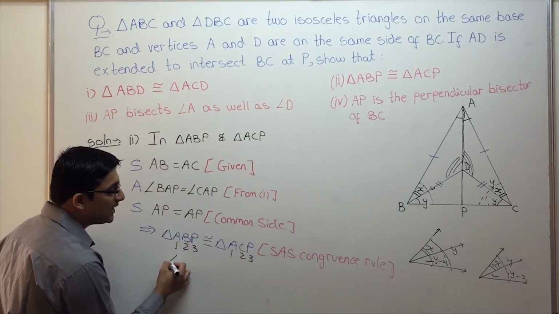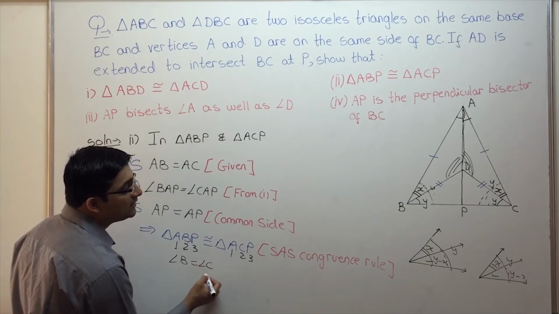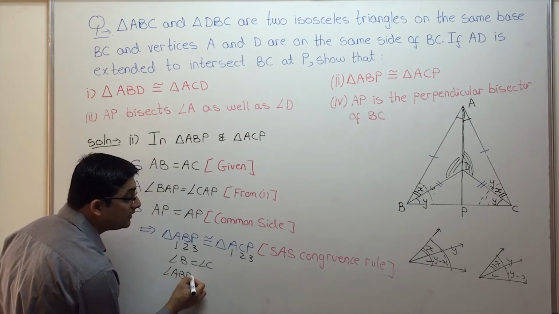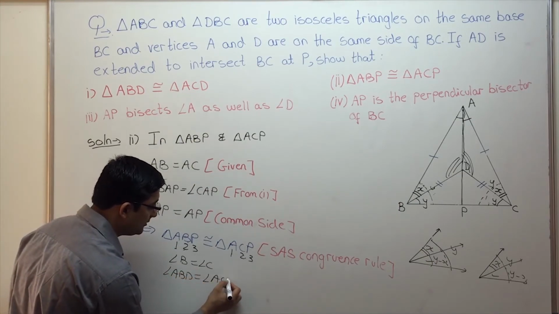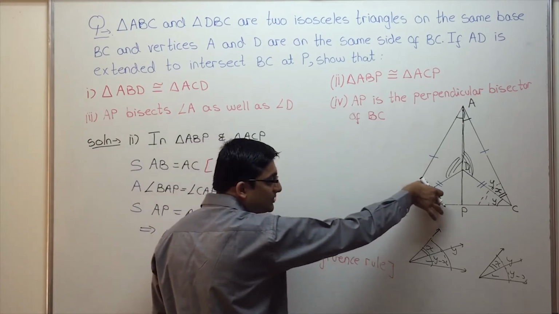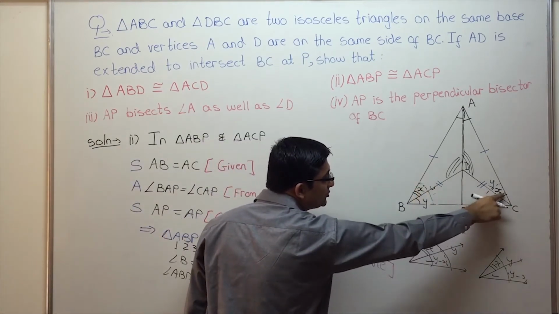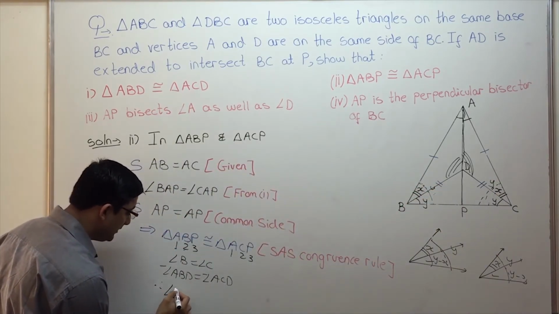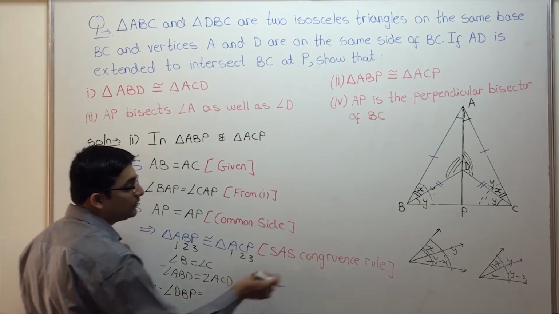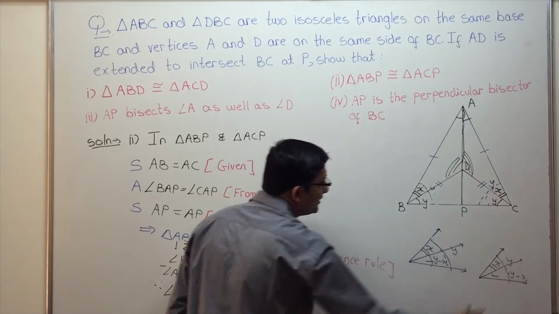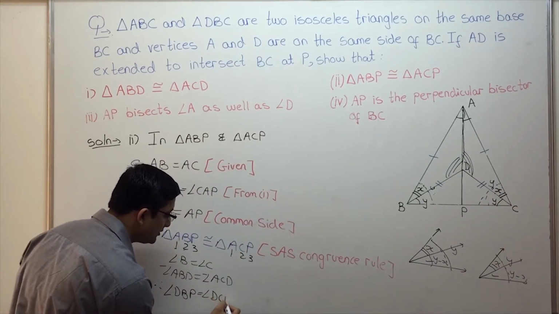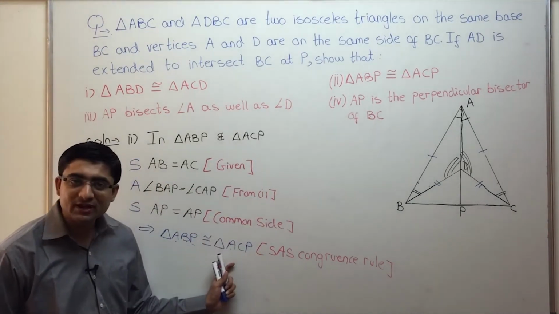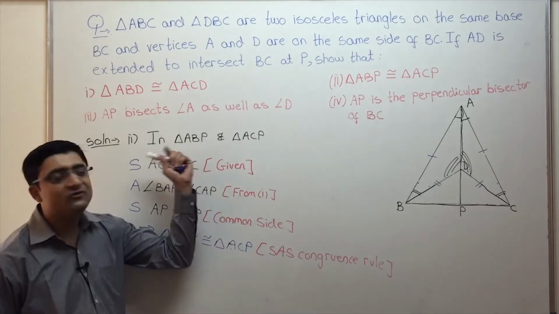So I'll write it over here. That is angle B is equal to angle C. Next, we already know that these two angles are equal. So angle ABD is equal to angle ACD, right? I repeat, we just saw that angle B is equal to angle C. These two angles are already equal. So just subtract this from both sides. So we'll get angle DBP is equal to angle C minus this angle, which is this angle over here, angle DCP. This will be used in the third part, so keep this in mind. So now we are done with the second part. That is, we have shown these two triangles to be congruent. So now let me rub this off and then we'll move on to the third part.